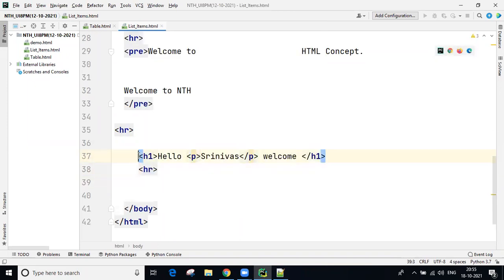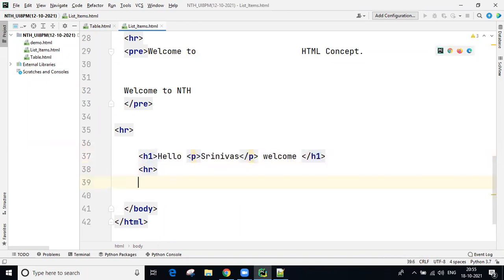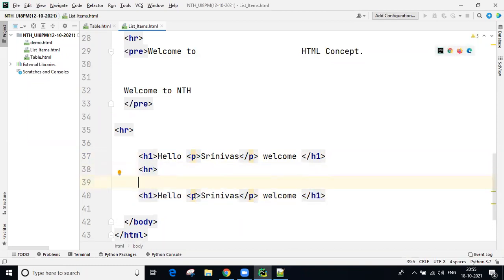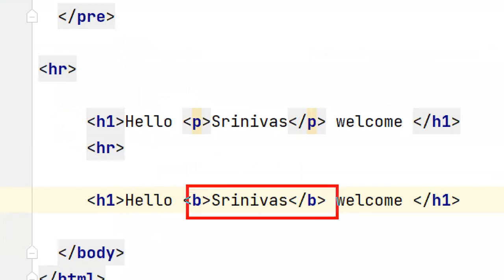Again here, the same content I'm going to take. Here I'm going to take a bold tag, guys. Bold comes under inline behavior. Now, hello, you are getting. After that, inline. Inline means it takes the same line. So you are going to get Srinivas on the same line, and then welcome.